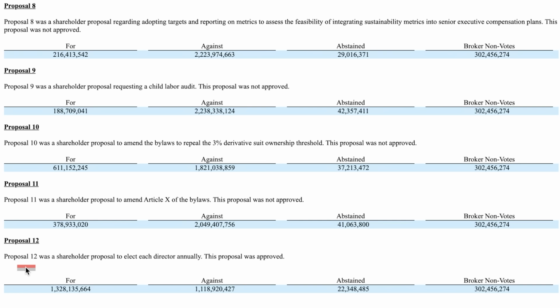The recommendation was no, but this vote actually passed. Proposal 12 was to elect each director annually, meaning that instead of how it's been operating, directors serving these multi-year terms, they would instead face election every year. And since this one was approved, going forward, Tesla will be moving to an annual election process for the board of directors, which means theoretically now the entire board could be replaced in 1 year.